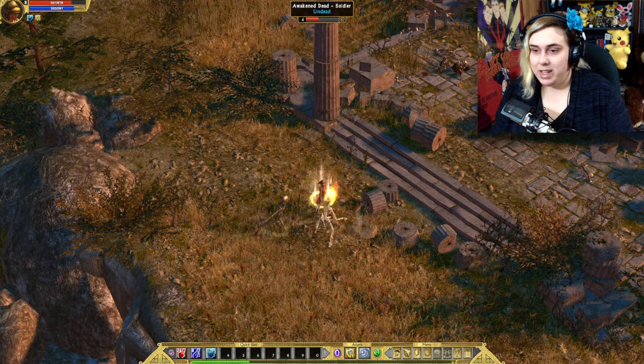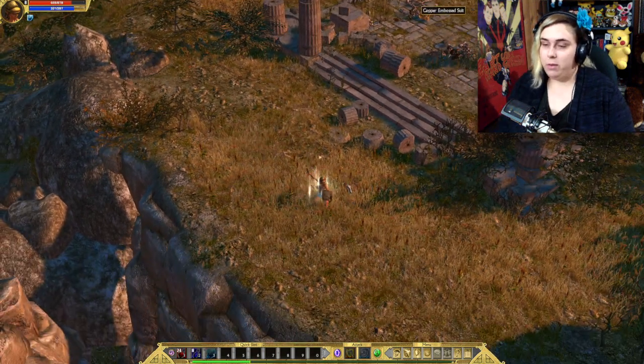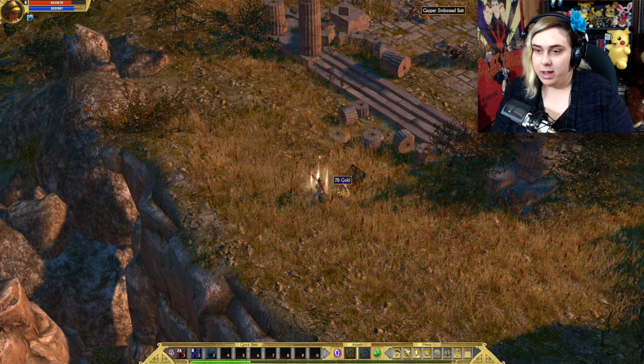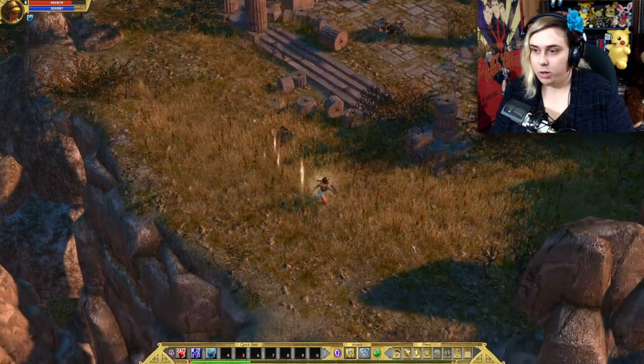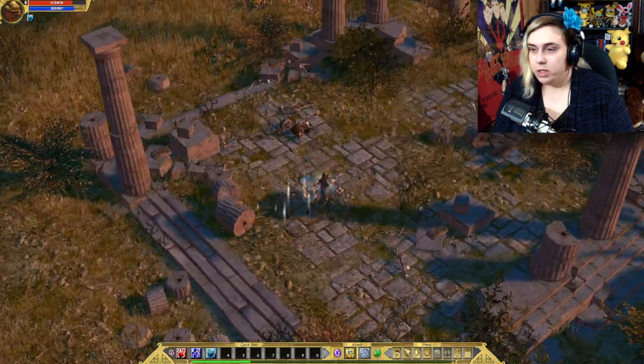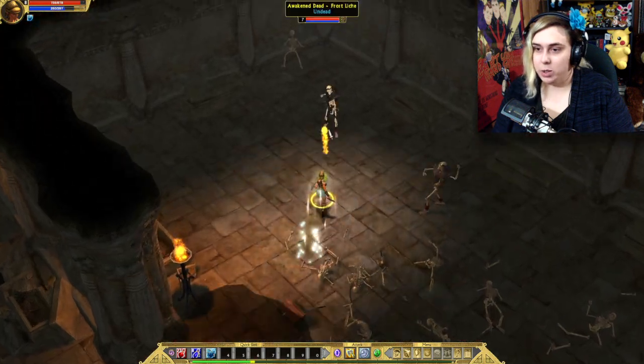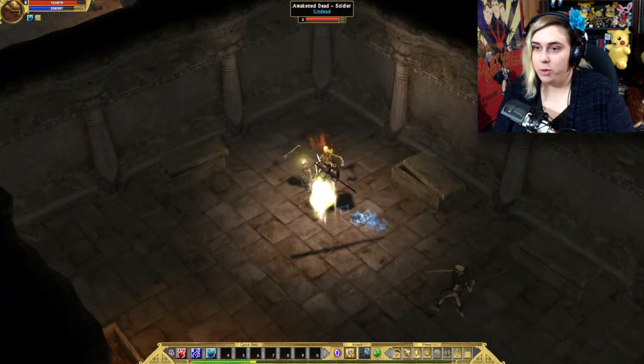So now when I attack, see, I get this little ring around me, and that ring gets bigger as I increase the level of onslaught, and it just increases your damage with every hit basically. So I'm gonna explore this area because I think there's a few more ruins that I can go into. I'm gonna keep grinding so I can level up even more